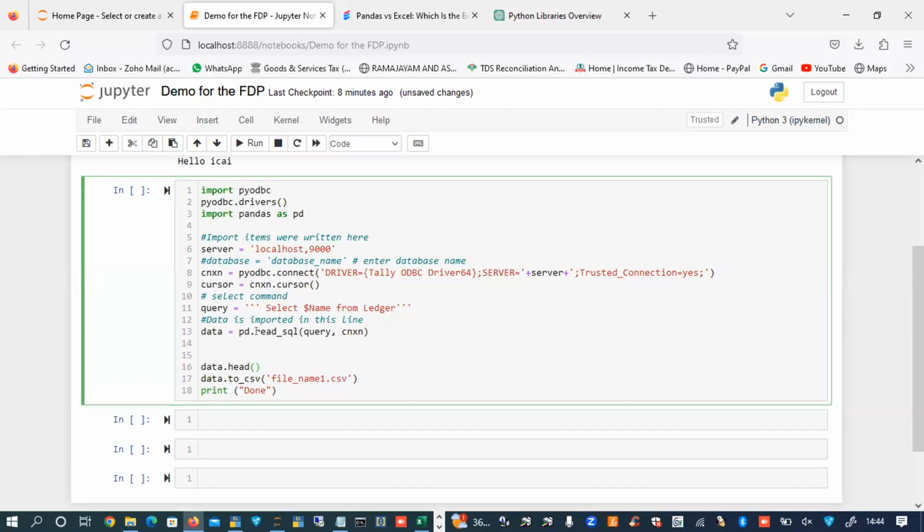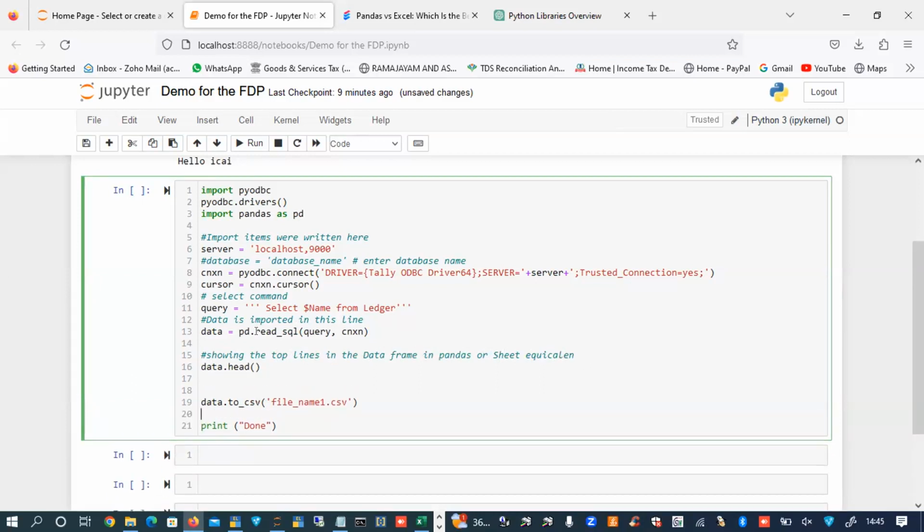Now this particular data.head is showing the top lines in the data frame or sheet. The data frame is like a sheet. So this is what data.head does.